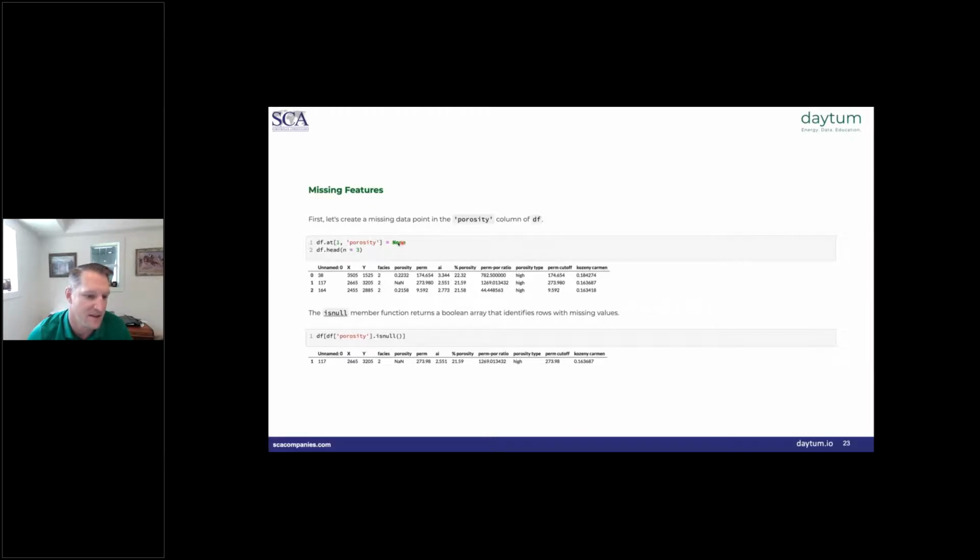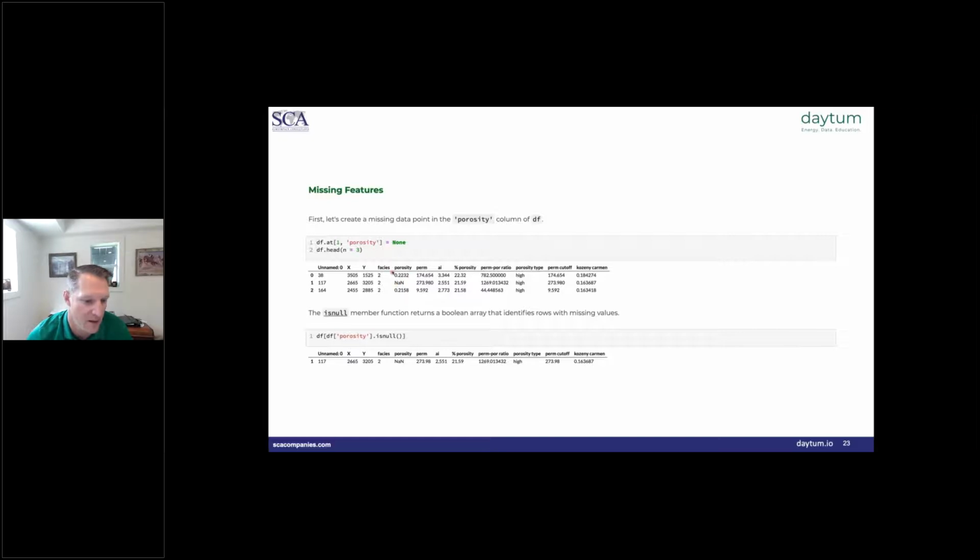If I set it to None, it's automatically going to convert to the appropriate not a number type for that column, right? This column is a bunch of floating point numbers, and the appropriate missing value for a floating point number is a NaN, not a number.